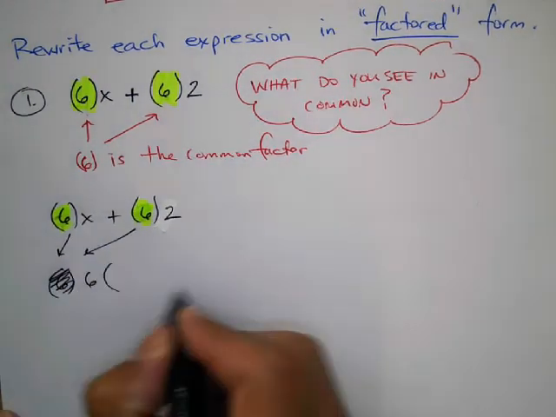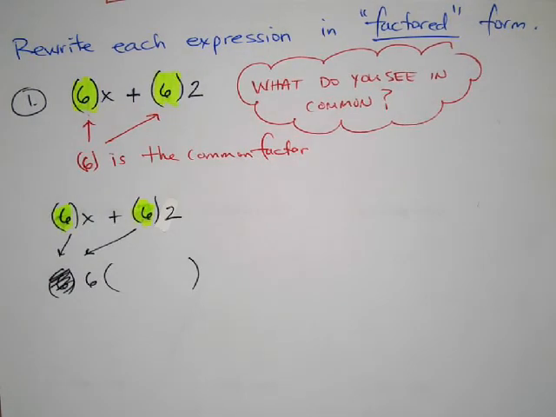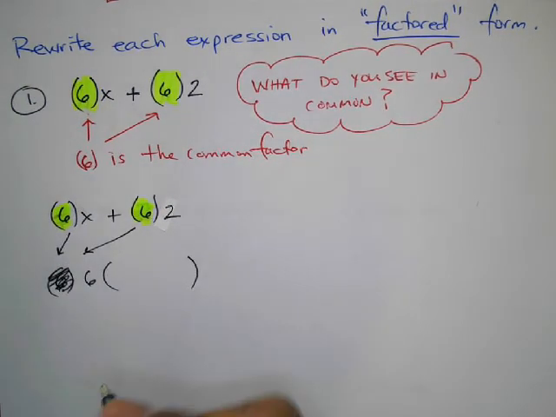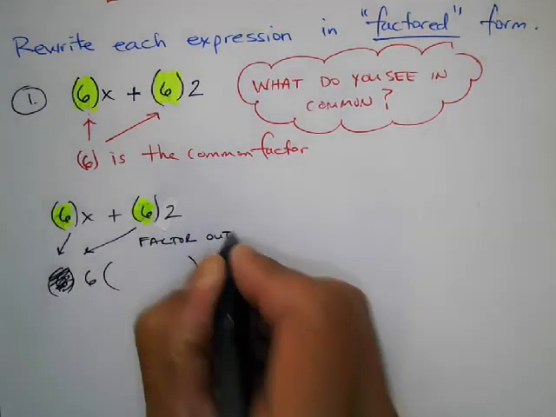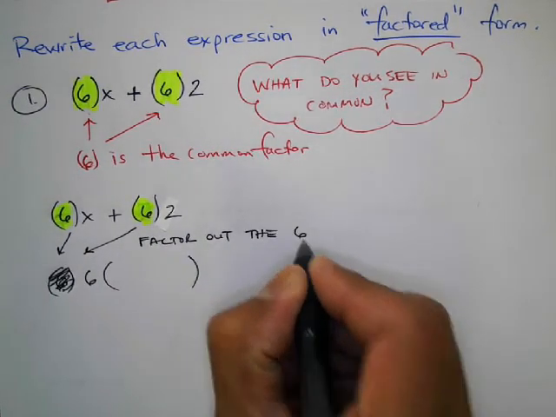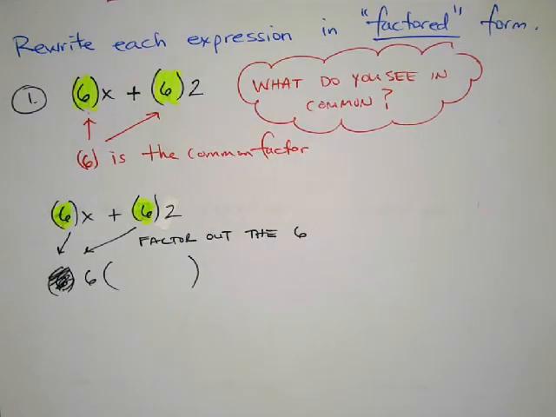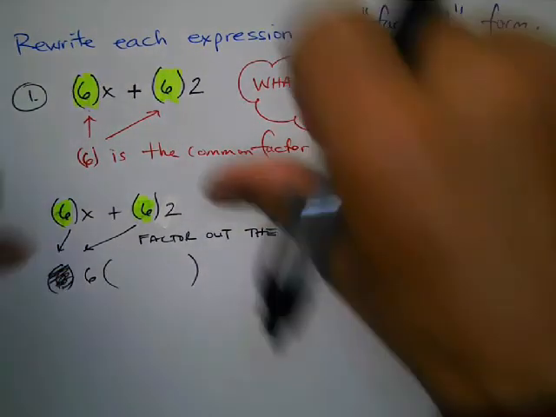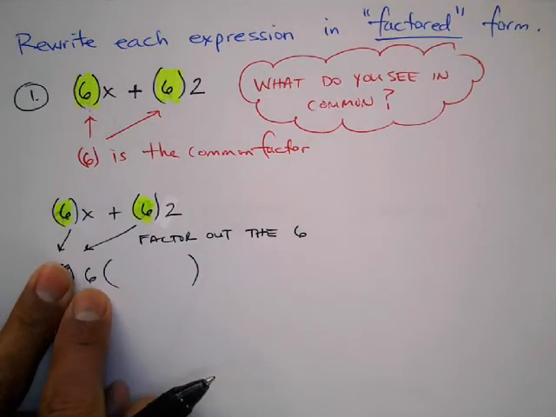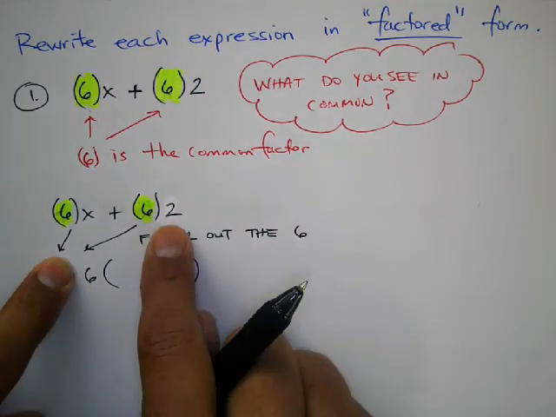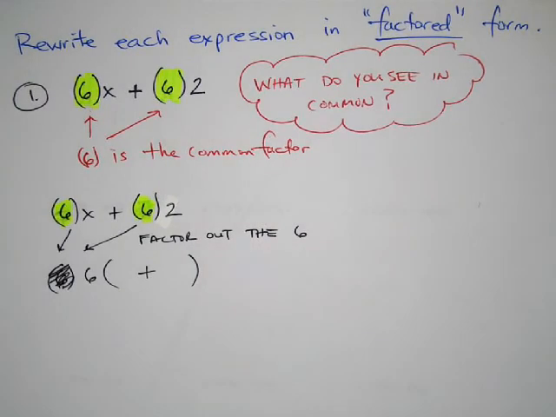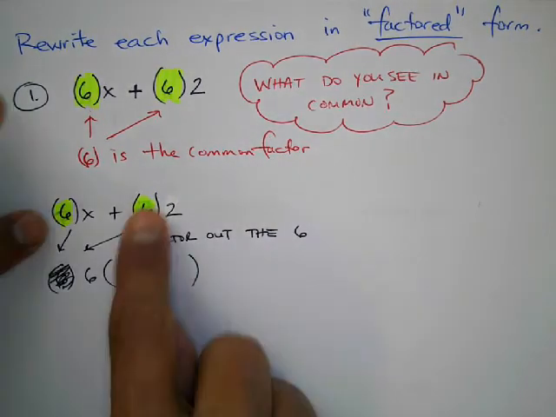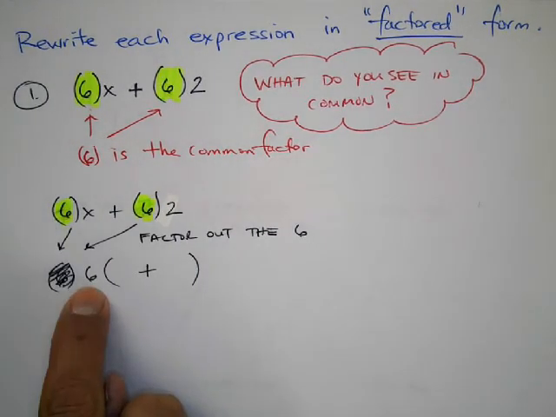6. And then we're going to put the other parentheses out here. We factor it out, right? We factor out the 6, or whatever the common factor is. And if I take this out and factor it out, the question is, what's left here and what's left here? If I factor it out, and now that I write it here,